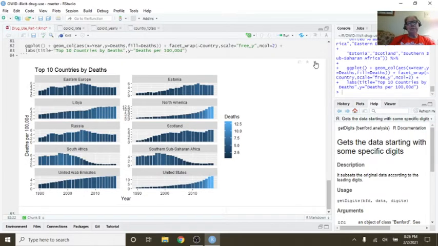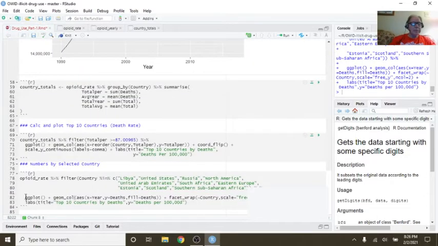Okay. Now let's do the same thing as we do this. Let's just take a look at the totals for.